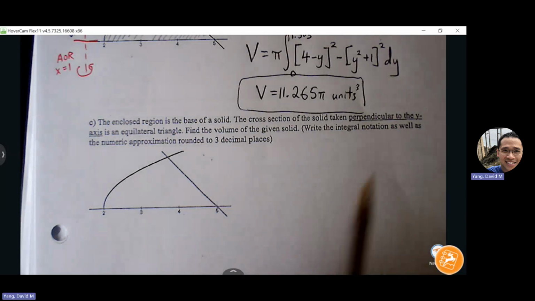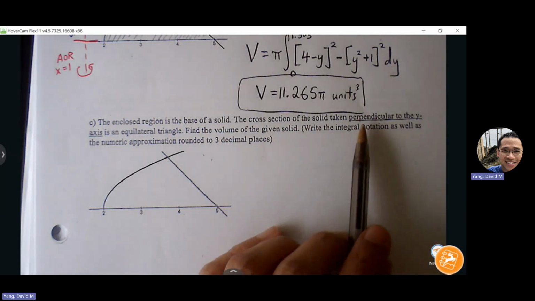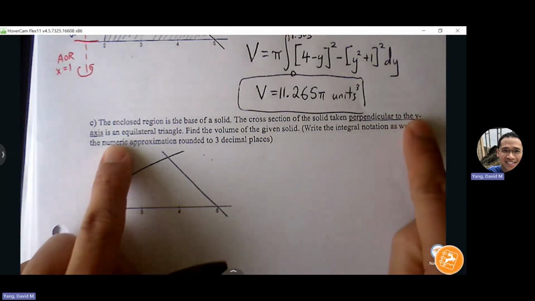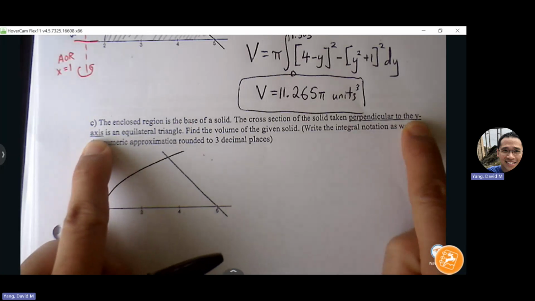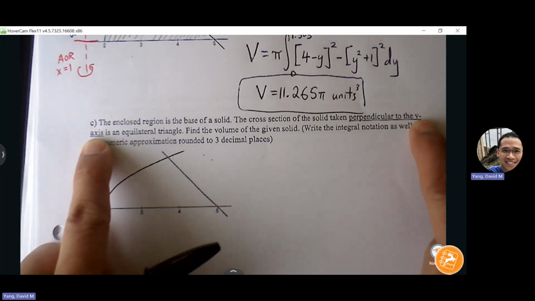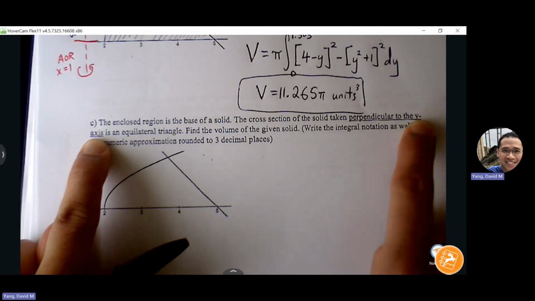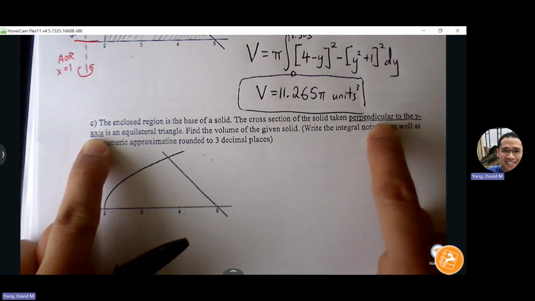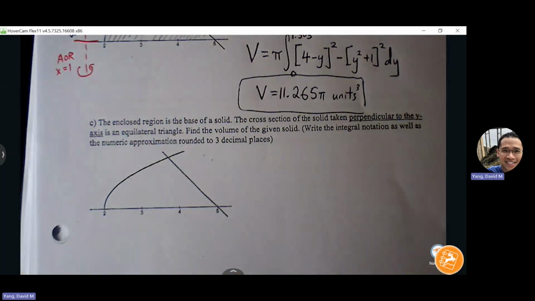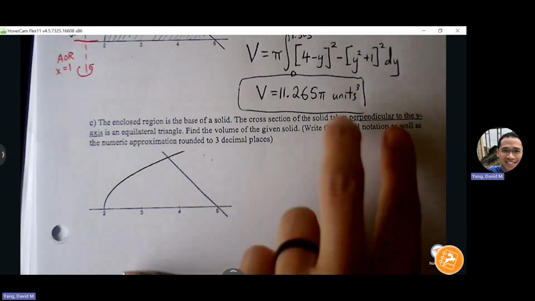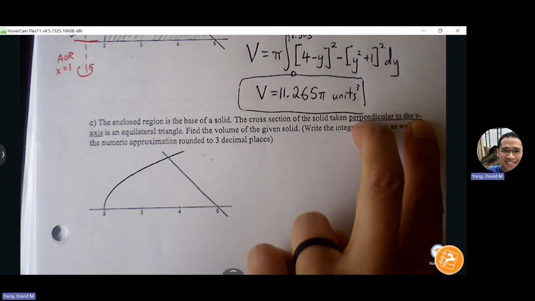All right, so the first thing we need to identify is which direction this is talking about. So, perpendicular to the y-axis. Let's think about that for a moment. Let's think about the y-axis first. Which orientation is that? Right, vertical. Now we want something that's perpendicular to the y-axis, so it's going to end up being what? Horizontal. It seems obvious, but we really need to spend the time to think about those two words and